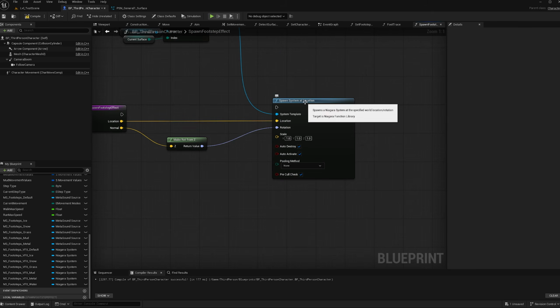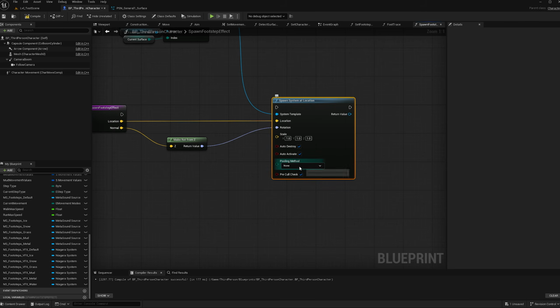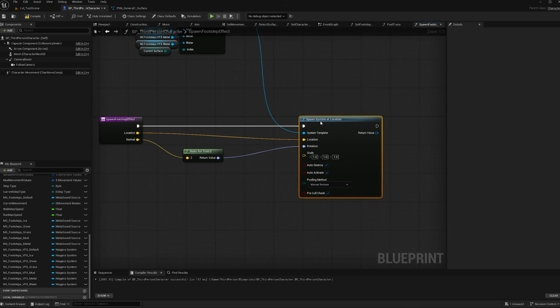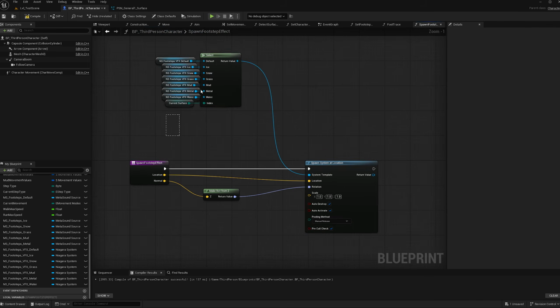So you probably noticed these settings under our spawn system at location node, and we're going to keep all of these the same except for pooling method, which will change to manual release. If you don't know what pooling is, pooling basically lets Unreal reuse Niagara components instead of constantly creating and destroying them, which is really inefficient. So we can hook up our spawn footstep effect to our node,